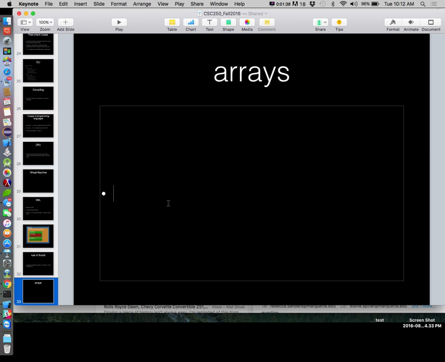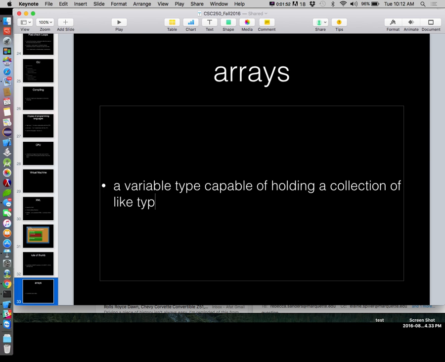Okay, so a collection of elements, a collection of values. Yeah. Okay, so let's call it a variable type capable of holding a collection of like type values. This like type is an important aspect of it. You can hold a bunch of integers or a bunch of doubles or a bunch of strings. You can't hold ints and doubles and chars all in the same array, at least not directly. We can use generic objects or something like that to pull it off, but they all have to be the